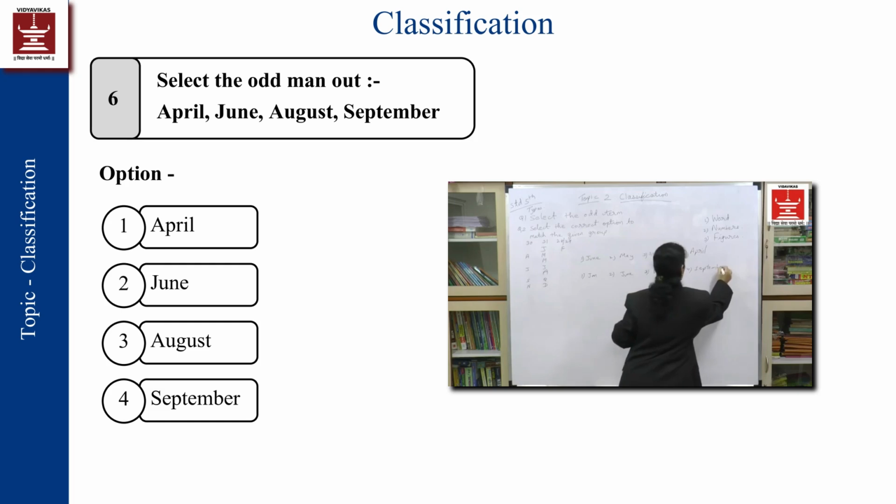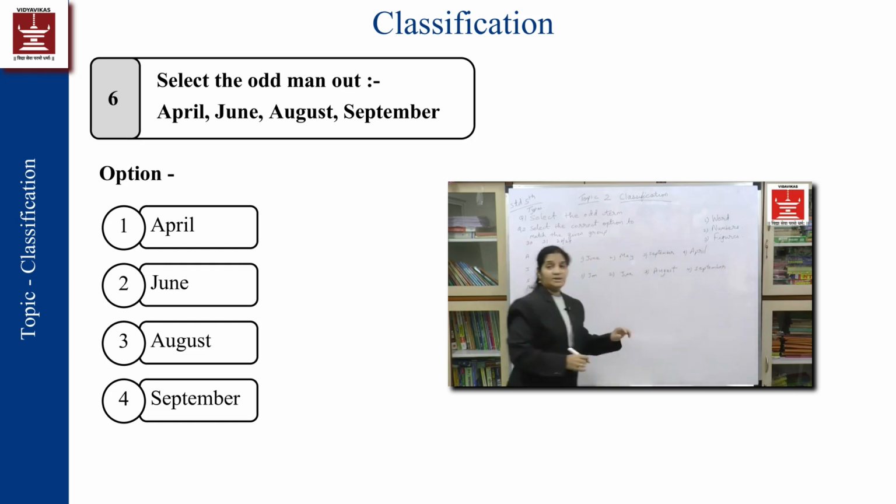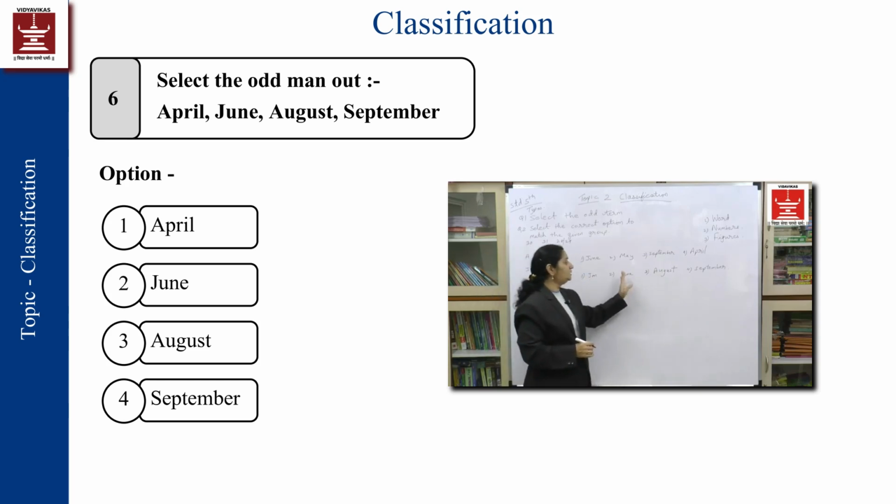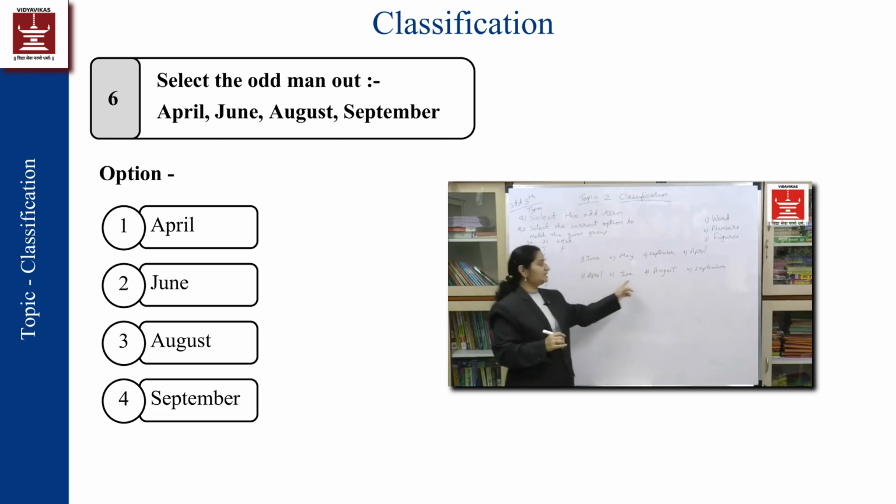9 months. Okay. Now if you see, there are 2 months which have 30 days, 2 months which have 31 days. So do I have anything else where I can categorize them? Yes. If I see that January is 1, August is 8, June is 6 and September is 9. So instead of January I can have here April, we say, okay, which is 4. So this is 4, 6 and 8. That means they are even numbers. They are the months which have even numbers, whereas September has odd numbers.